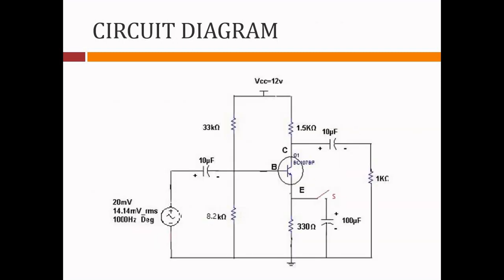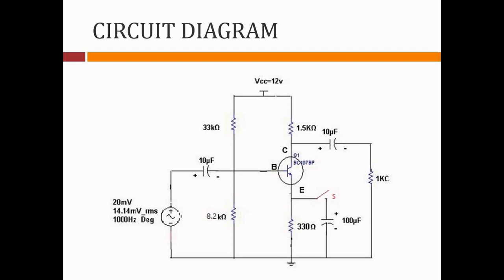Now this is the circuit diagram right in front of you. In case of a current series feedback amplifier, the output is taken from the collector node. As far as the methodology is concerned, we have also prepared another video. You can click on the I button and watch that video to understand how we can call this circuit a current series feedback amplifier.